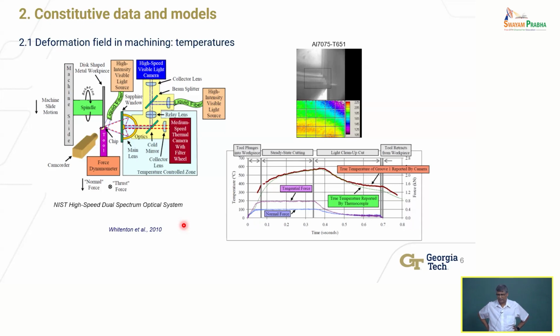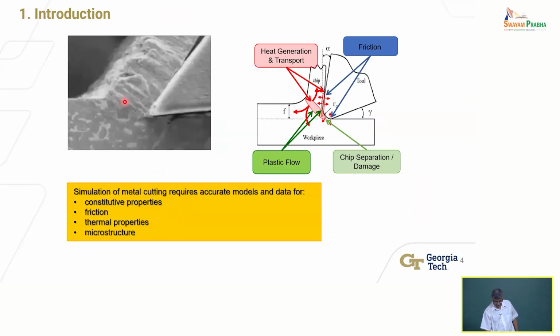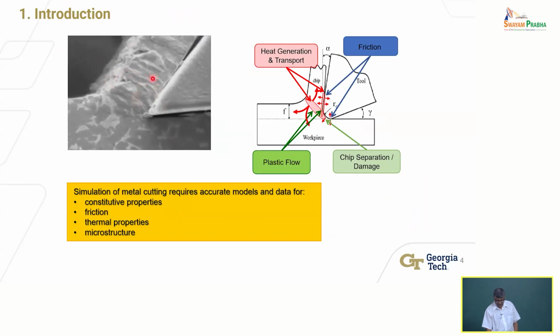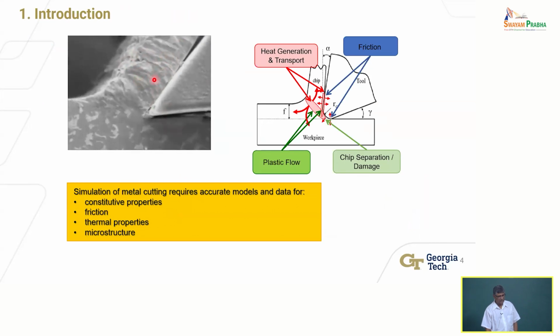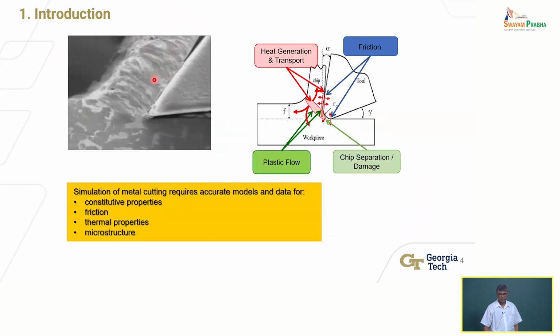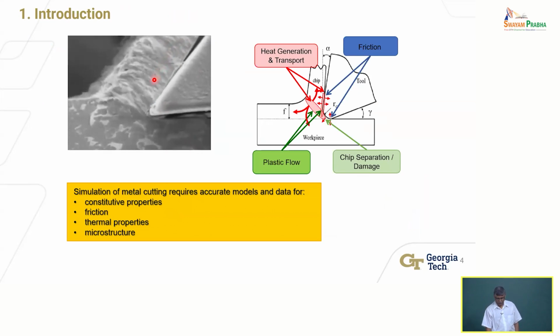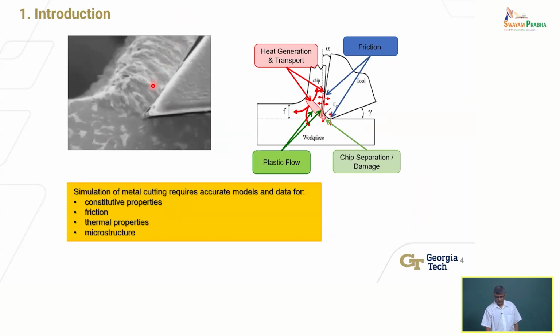And it's not just the average temperature that I'm interested in, because the deformation, as you saw, is very inhomogeneous or non-uniform. The strains and the strain rates, and therefore the temperatures within the material as it's deforming, vary from point to point. If you go back to that video for a second, let me see if I can play this again. Okay, so you can see here, it's not that every point everywhere is experiencing the same amount of strain rate and deforming at the same rate. So therefore, the temperatures are not going to be the same either. So there is a distribution.